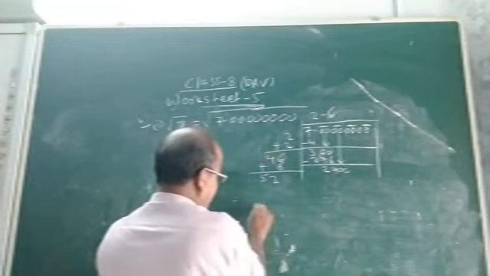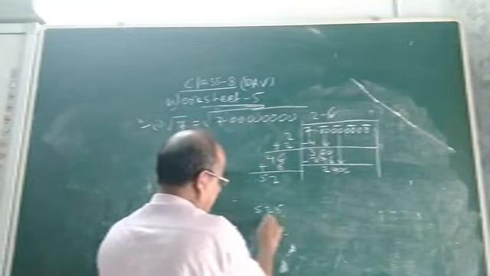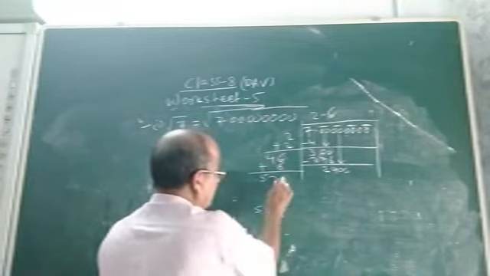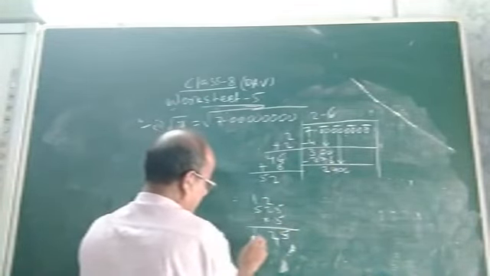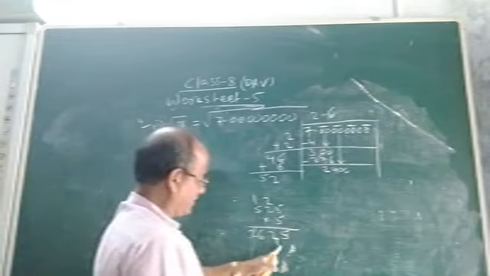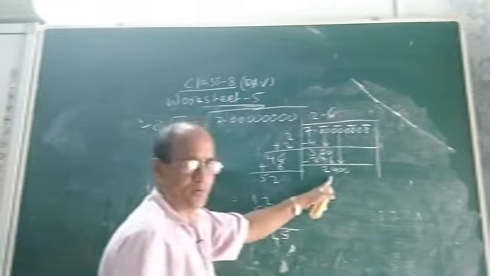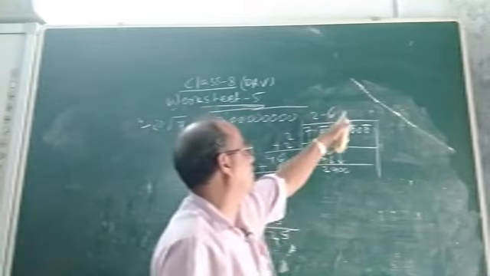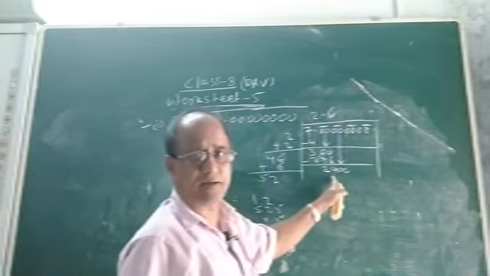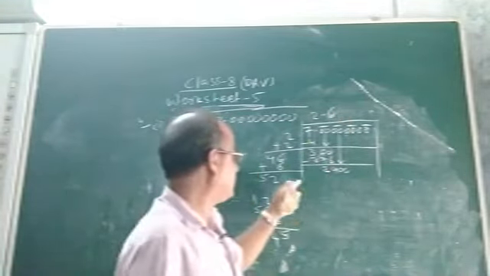Suppose I will put here 5, 5 into 5. Put here 5 and put here 5. Test. 5, 5 is 25, 5, 2 is 10, 12, carry 1. You see. 5, 5, 25 plus 1, it is 26. It is becoming more. Look at. By putting here 5, the product of 525 and 5 is becoming greater than 2004. So you can easily know.